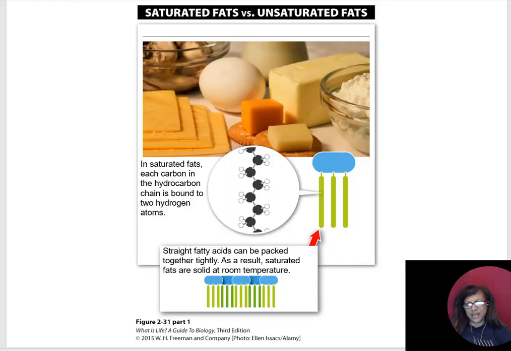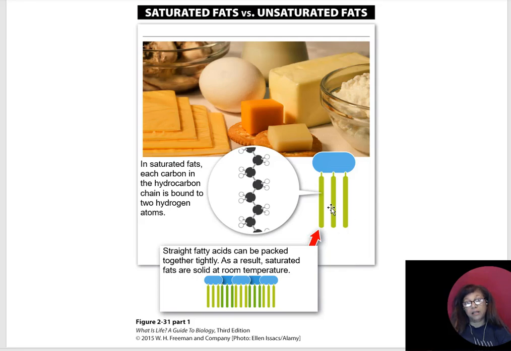All right, let's carry on and take a look at some more terminology so you can understand. You've probably heard these terms, saturated fats versus unsaturated fats. What does that mean, right? Let's take a look. So in saturated fats, each carbon in the hydrocarbon chain is bound to 2 hydrogen atoms. Can you see this? So here we have, in this illustration, the black balls, which are the carbon, and then we've got 2 hydrogen atoms that are bonded to each carbon. What this does is it gives this straight configuration